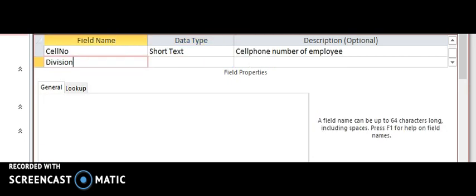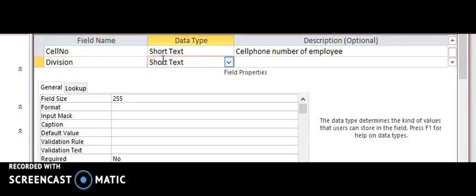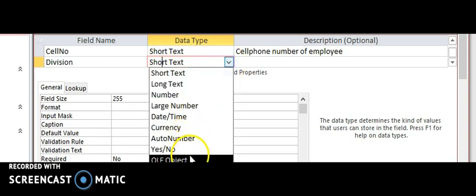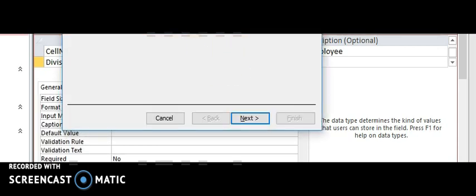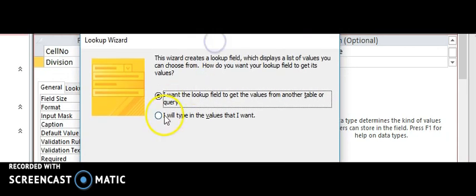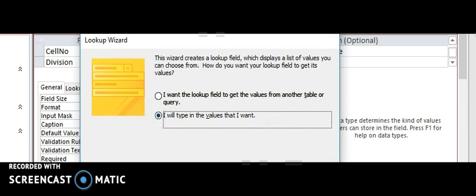Right, that's all there was to question 1, but I thought I'd just sneak in 2 other questions here that are not actually on this question paper but weren't asked, so I'm just going to put them in here. Let's just say each employer also had a division that they worked in, and that could be the north, south, east or west division, and I wanted the user to be able to choose from a drop-down list box so that they could just click on north, south, east or west. Right, to do that I would use my lookup wizard further down here, and then it'll come up with this dialog. Important, I will type in the values that I want the user to have,